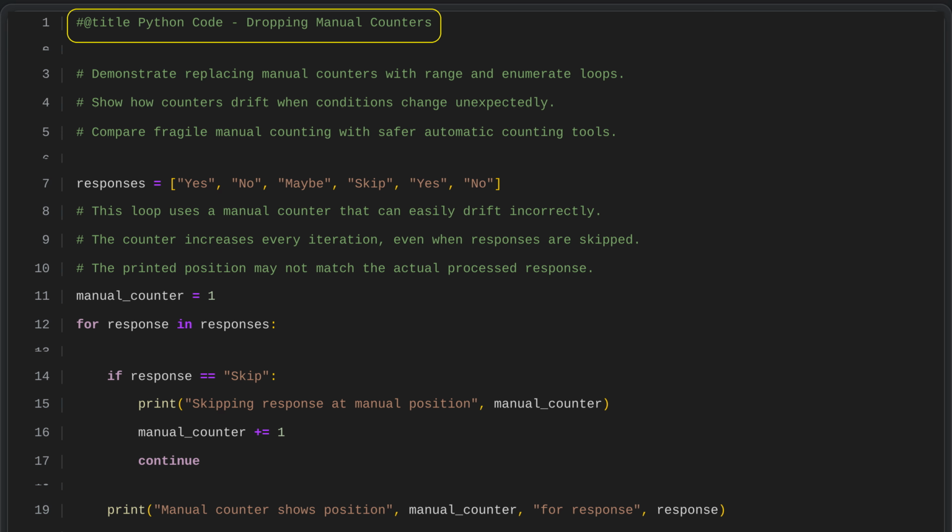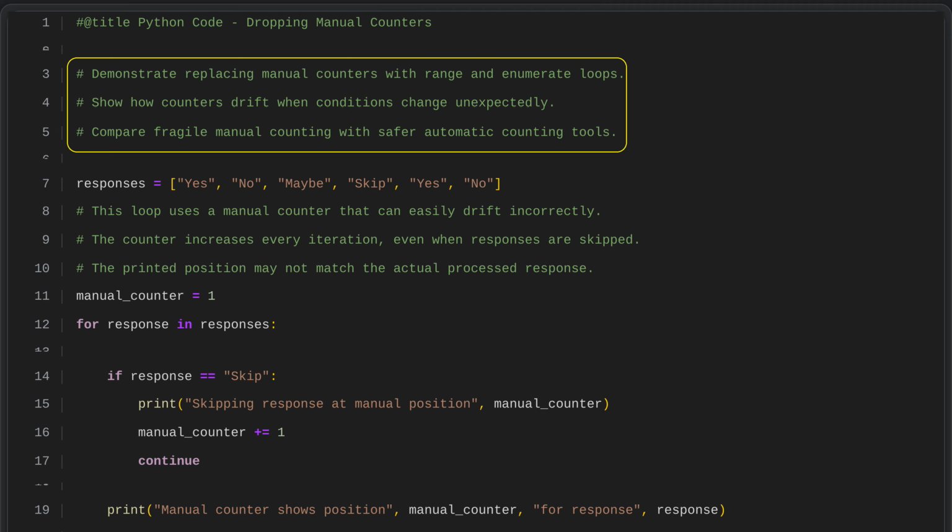Python code, dropping manual counters. This lesson explains how to replace manual counters with range-based loops and with loops that automatically provide both the index and the item. It shows how manual counters can drift out of sync when conditions or loop behavior change unexpectedly. By contrasting this fragile manual counting with safer automatic counting tools, it highlights why relying on built-in mechanisms is more